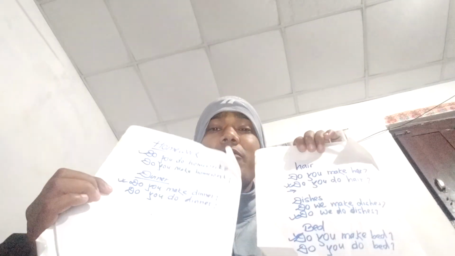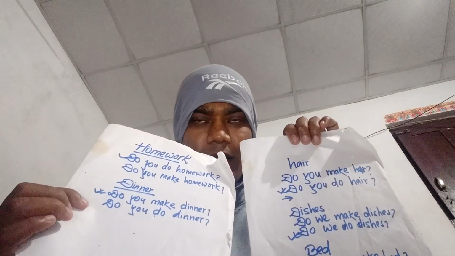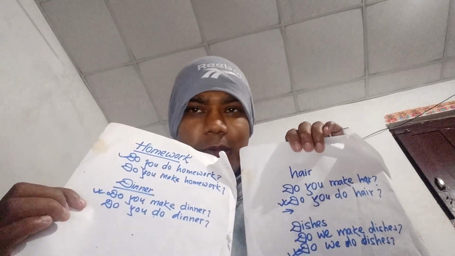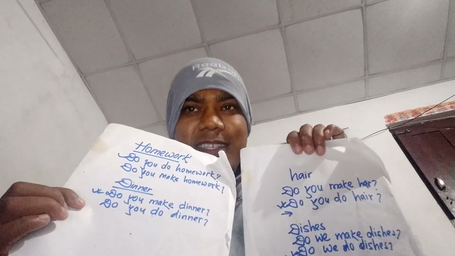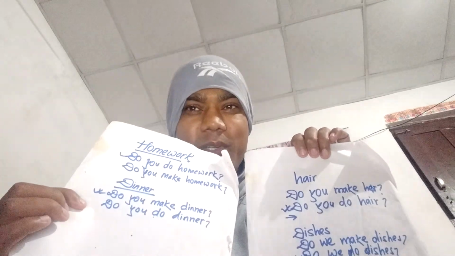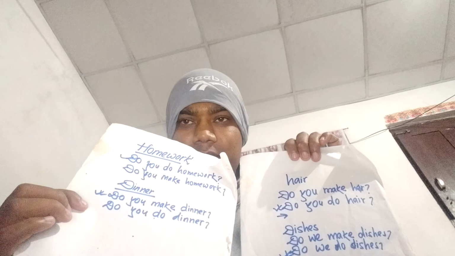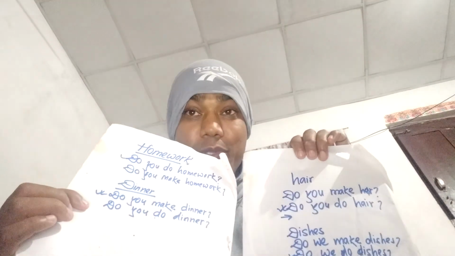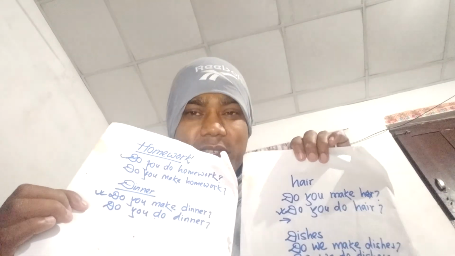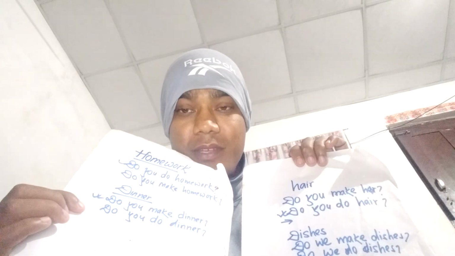So let me tell you from these examples, when do we use do? When there is an activity, we use do. When there is a simple task or an action, then we use do. Do homework. We don't create anything. We don't build anything. We don't construct anything. We don't do any new things, construct or create. Just we do the activity or task.